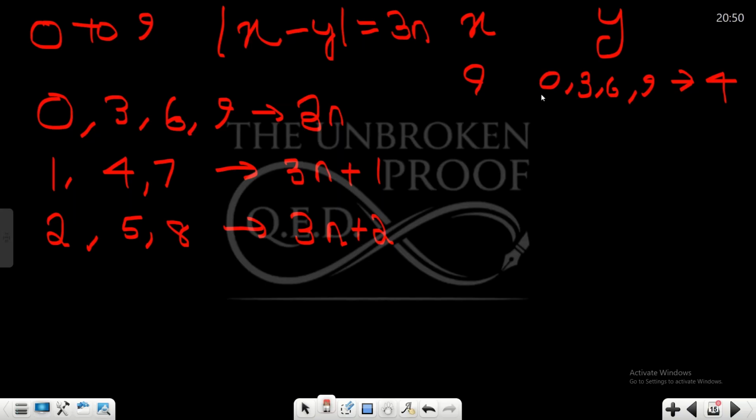And for the first three numbers you can actually take the reverse as well: 9 minus 0, 0 minus 9, 9 minus 3, 3 minus 9, 9 minus 6 and 6 minus 9. So we will have to count those cases as well. So here you will get 6 and here you will get 1. Finally you get 7 over here. Okay,